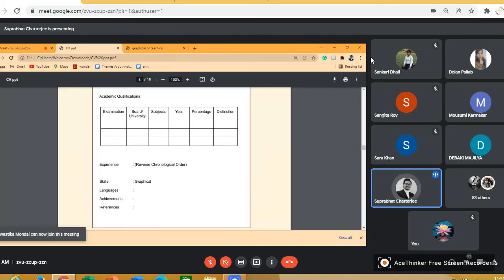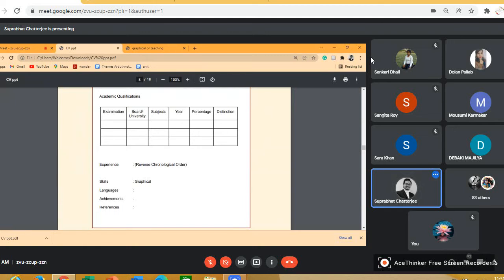And then finally comes the references, where once again you have to write the name of your teacher, the headmaster of your school, or your professor who would rather certify you. এবং এখানে যেটা হবে সেটা হচ্ছে you take their permission before you write their names on the CV, right? So you ask them, sir or madam, could I please send your name as a reference or a referee in this particular CV, and the company might ask them for a sort of certification